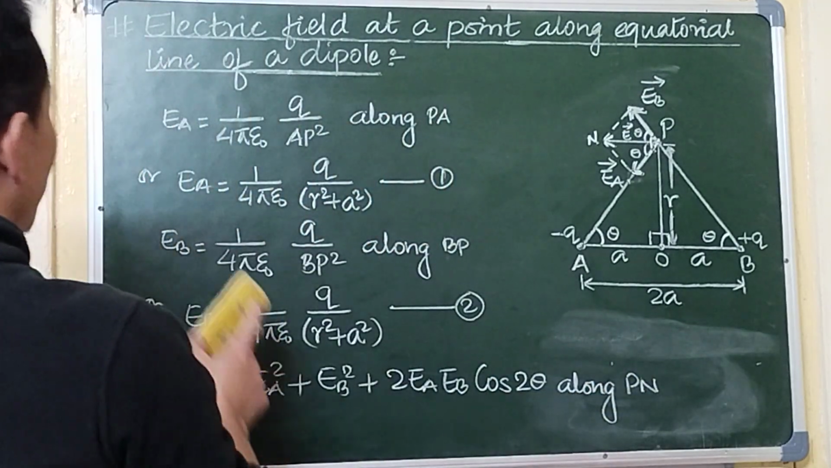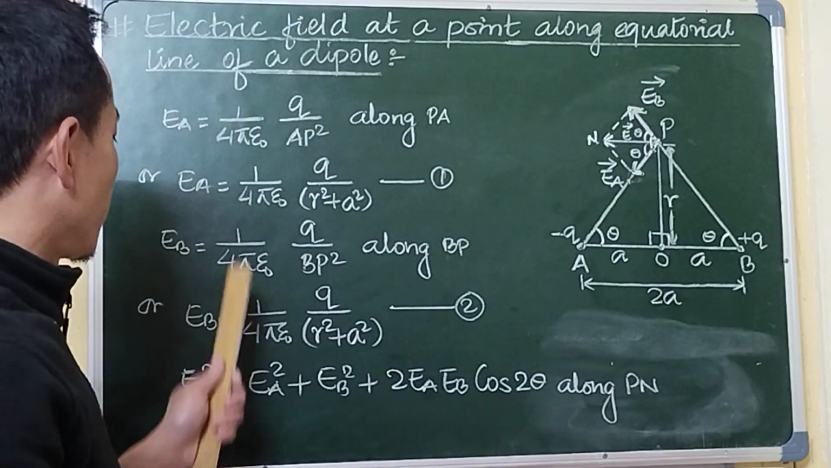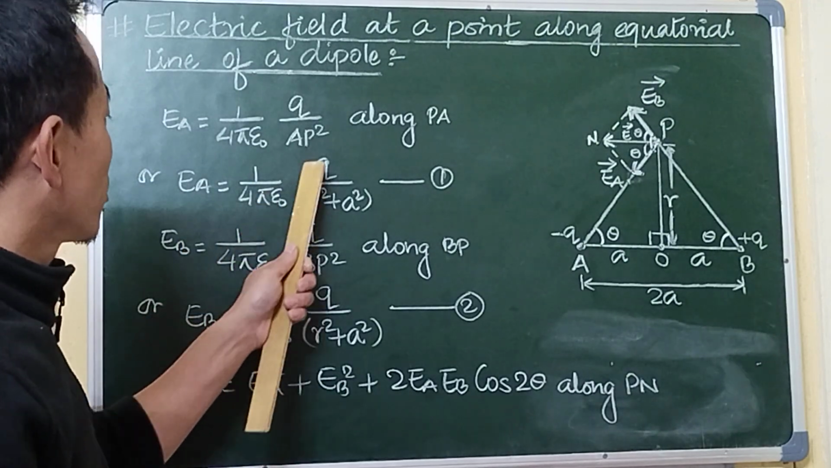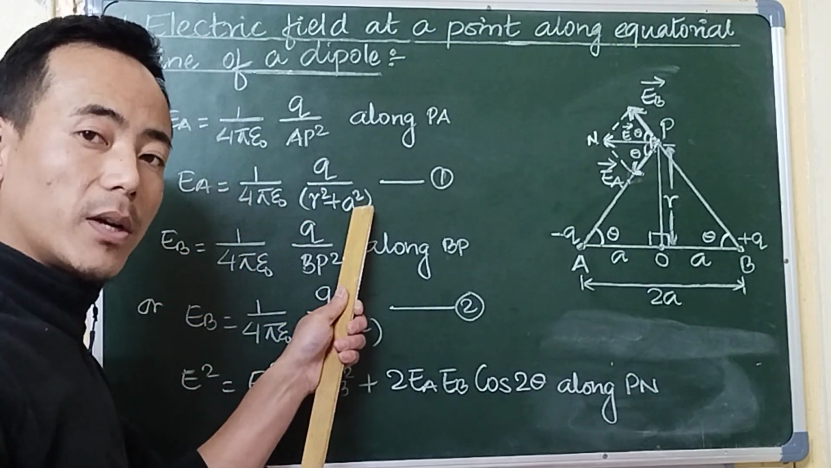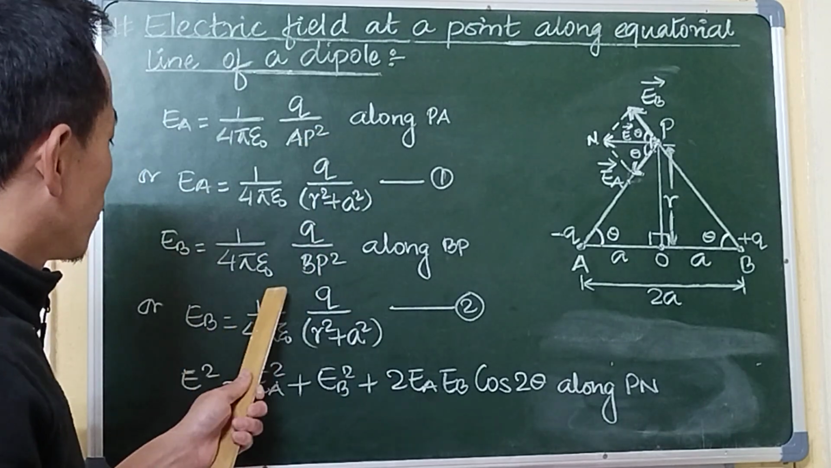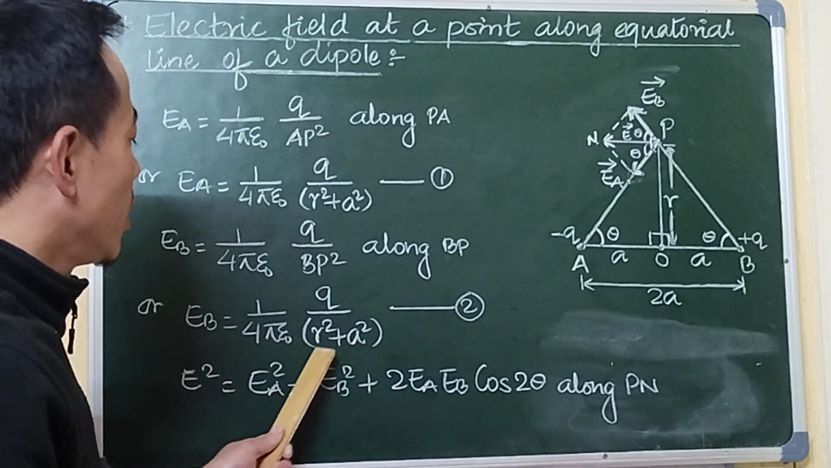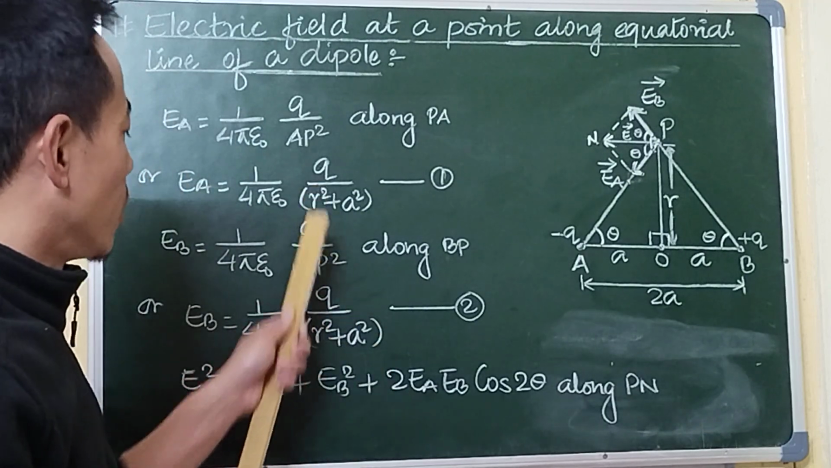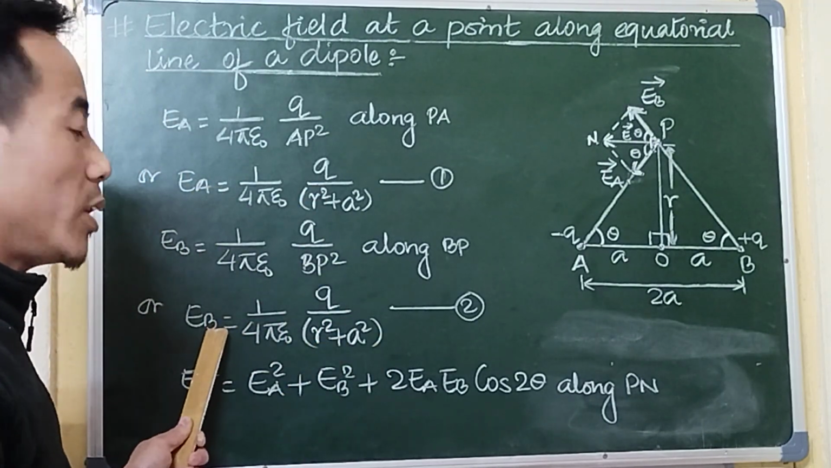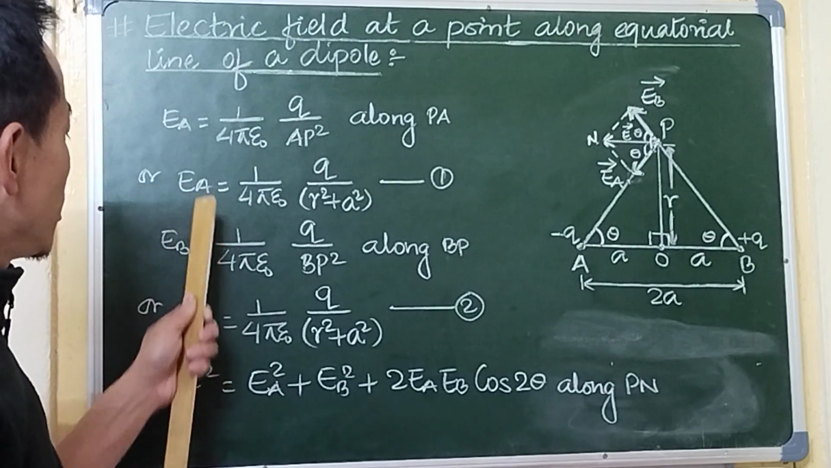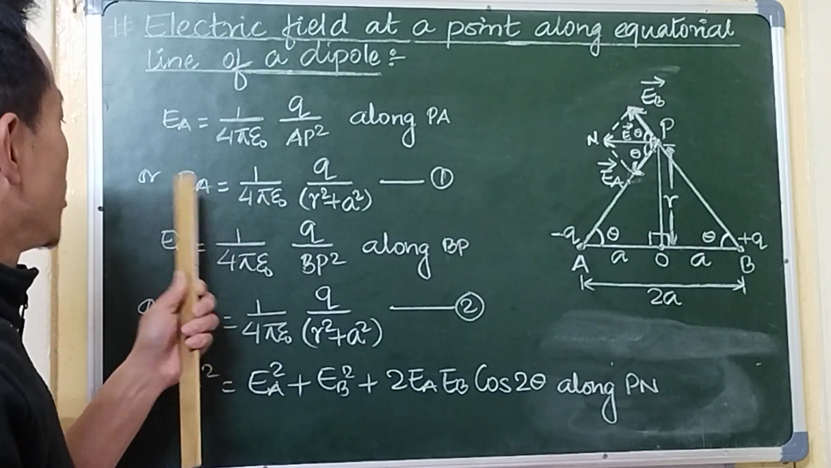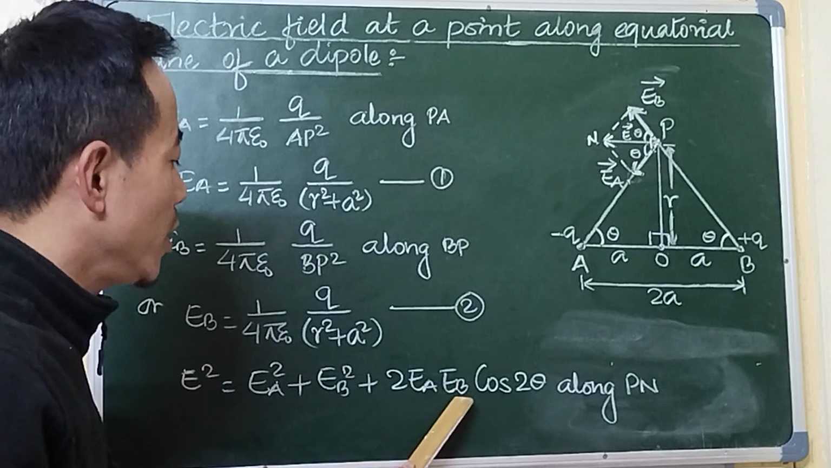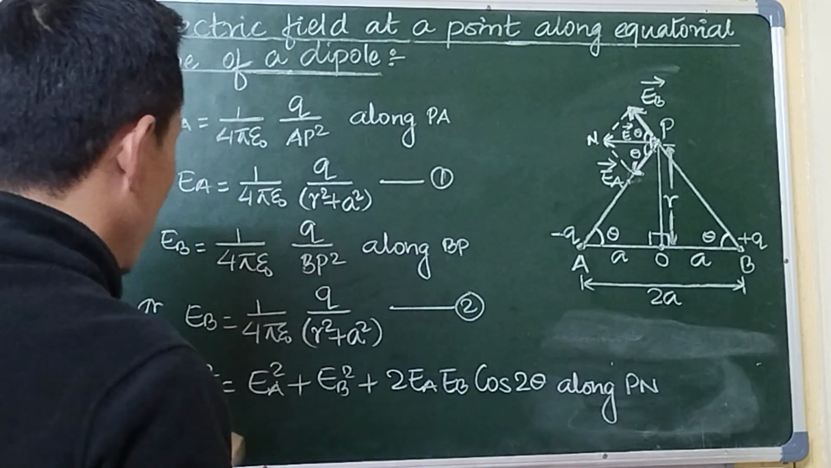So for that, what we will do is look at equation number 1 and equation number 2. So equation number 1, E equals to 1 by 4 pi epsilon naught Q divided by R square plus A square. Equation 2, EB equals to 1 by 4 pi epsilon naught Q divided by R square plus A square. Which means these two equations are equal, which is EA equals to EB. So since EA is equals to EB, or we can say EB is equals to EA, we will replace EA instead of EB in this equation. So we can write